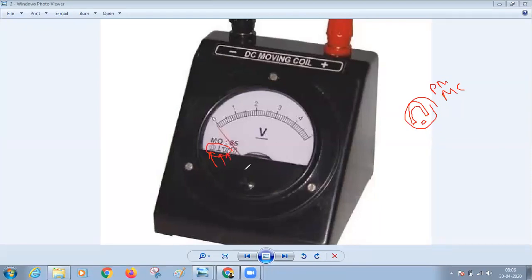And the last one, a star, is given. Inside that, the number is not visible, right? Star given means it is tested with some particular voltage. If 0 is inside the number, it is not tested. If there is any number inside the star, then the meter is tested with that number amount of kilovolts. If it is 1, then 1 kilovolt is the tested voltage.